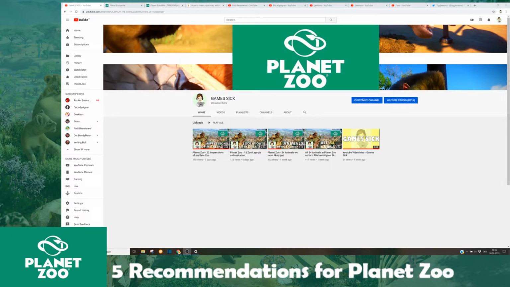So today I would like to show you 5 recommendations about Planet Zoo. Things that will help you, things that you might be curious about. So let's see. Number 1, if you want to plan Planet Zoo as a zoo, you definitely need to check out